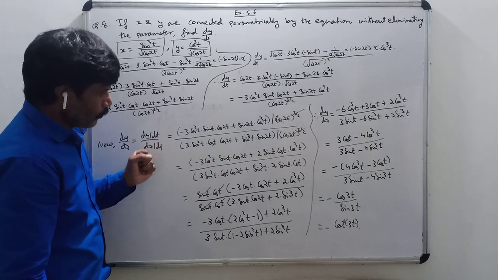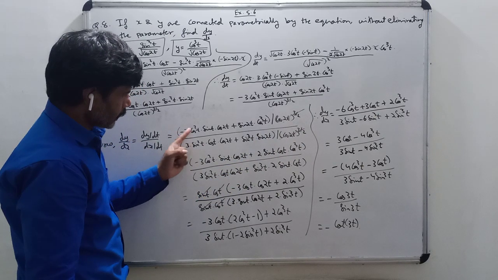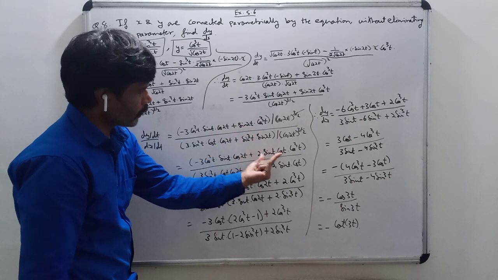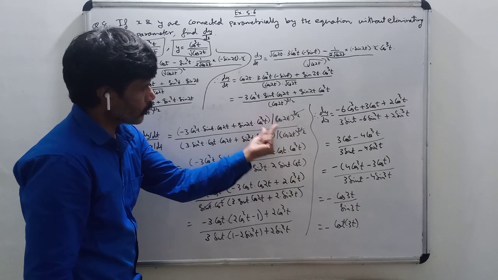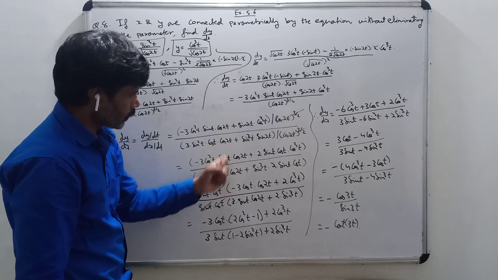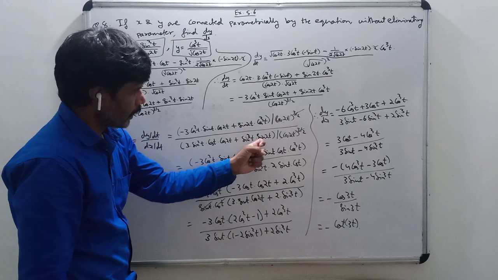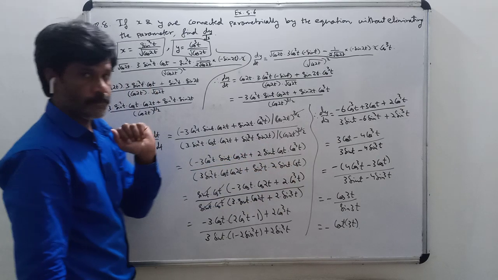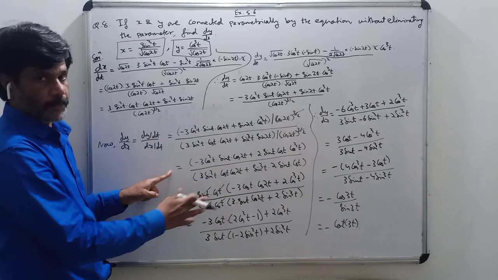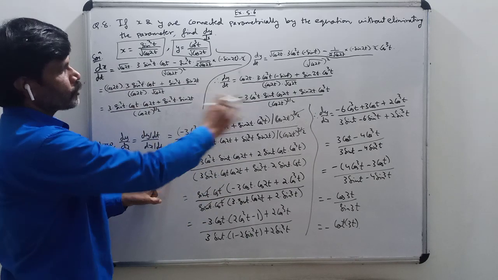So now in the numerator, minus 3 as it is, cos square t as it is, sin t as it is, cos 2t as it is, this sin 2t I have written 2 sin t into cos t, this cos cube t as it is, whole divided by same 3 as it is, sin square t as it is, cos t as it is, cos 2t as it is, sin cube t as it is, this sin 2t I have written 2 sin t cos t. So here, to get the back side answer, we are doing just a trigonometry part, otherwise our derivative part is over.